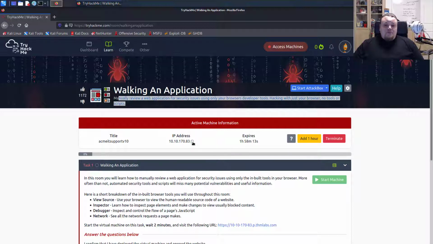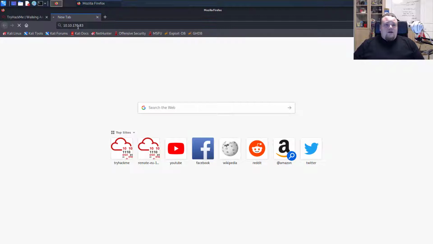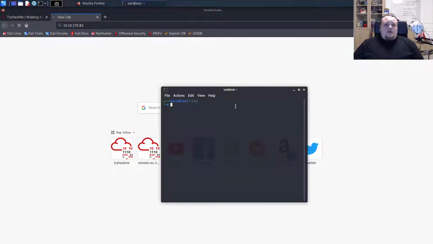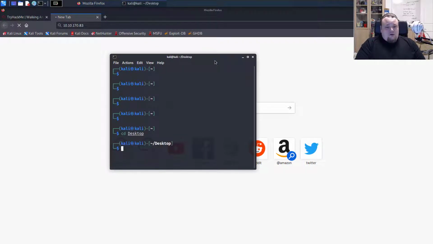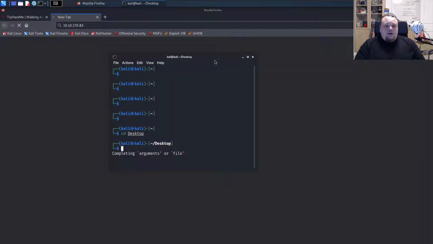So I already started the room, and I forgot to, which is very normal for me, go in and run sudo openvpn. Going to connect to